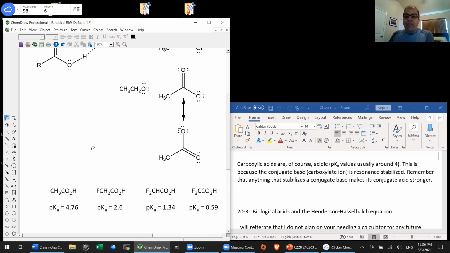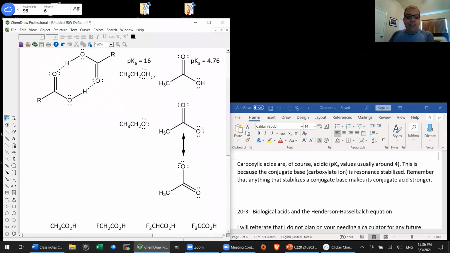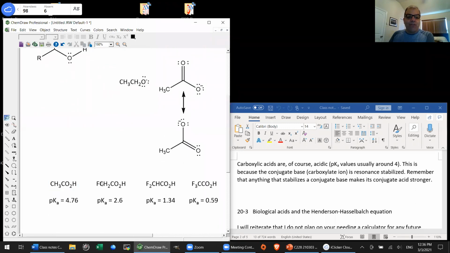But in order to understand this, you need to be able to think about the structure of the conjugate base. And here I'm challenging you. I'm not giving you those conjugate bases. I'm going to make you imagine them in your head, which is hard. That takes practice, but I think you can do that. You can make the same changes as we did to go from ethanol to ethoxide, from acetic acid to acetate. So I think you've got enough information to imagine what all of these conjugate bases look like after